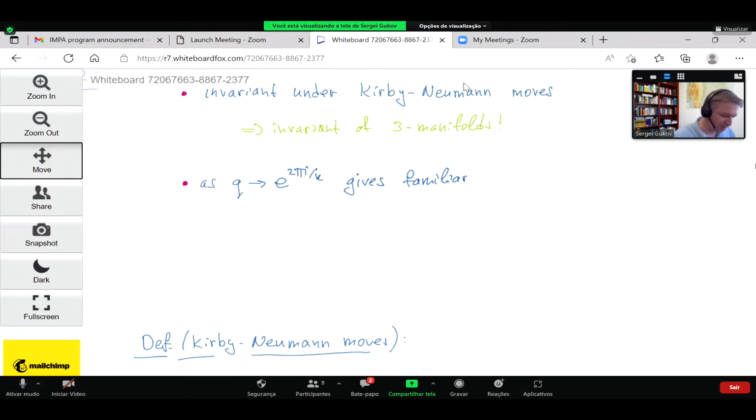Quantum group invariants that are usually defined using quantum groups at roots of unity. So quantum group invariants of three manifolds